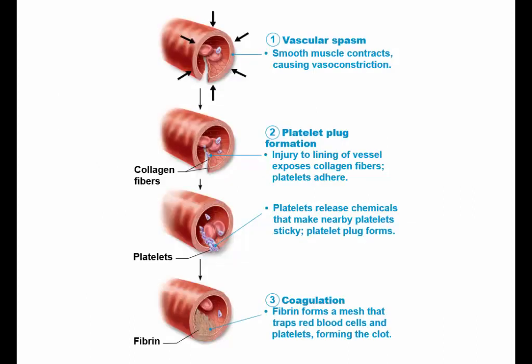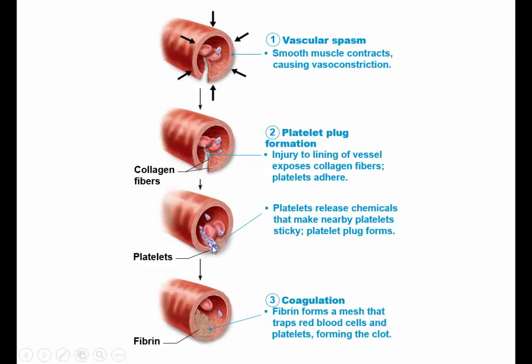So as we look at the process of hemostasis or blood clotting, we have a break in the blood vessel. This starts the vasoconstriction. We narrow the blood vessel down. We also release chemicals that call platelets to the area, and those platelets call more platelets to the area. So we begin to mend the hole with this platelet plug.